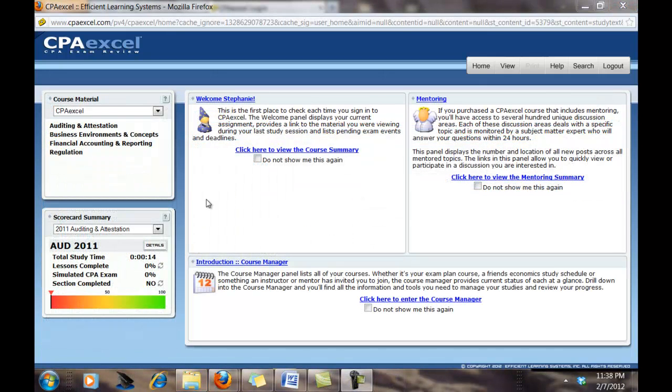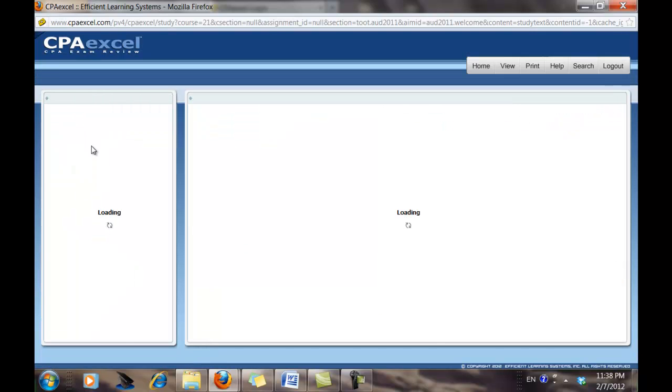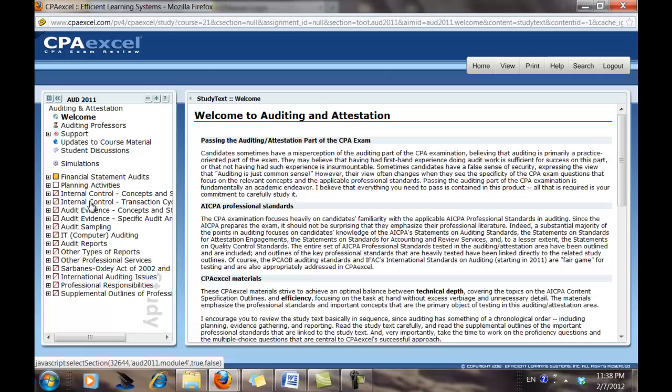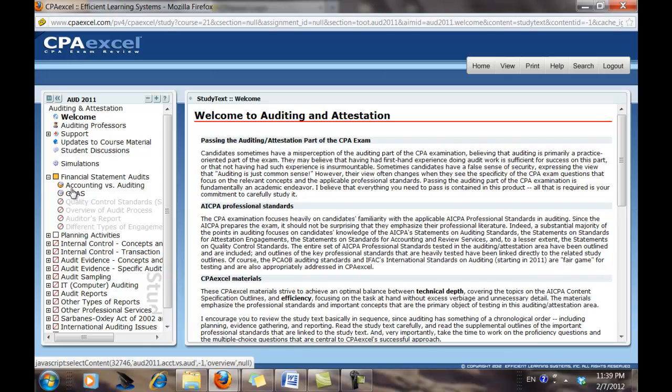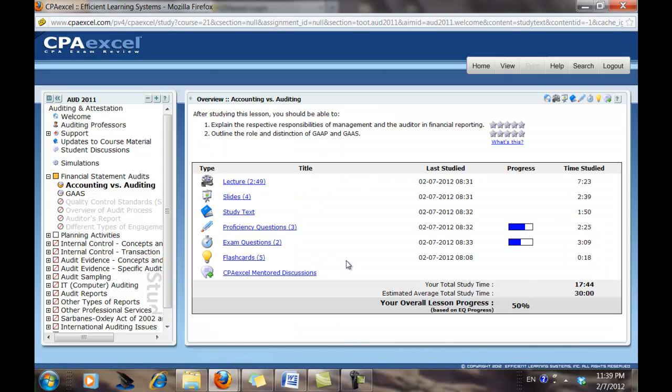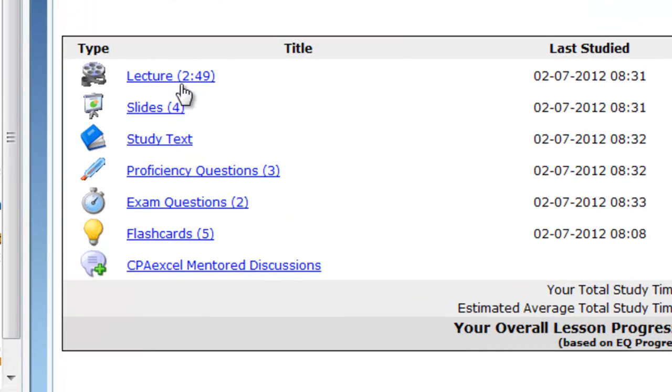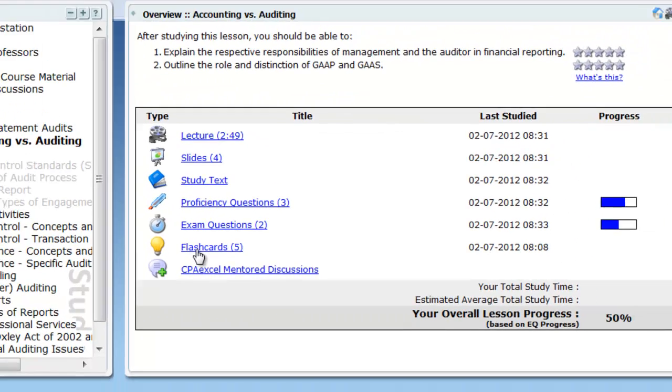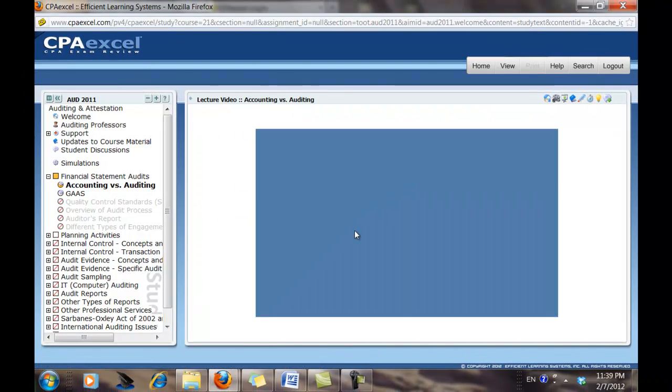I'd also like to take the opportunity to show you the lectures and exercises. CPAexcel is very proud of their bite-sized modules. As you'll see, for the audit part, for example, it is divided into numerous modules. Each takes about 2 minutes to 20 to 30 minutes long. Let's take a look at the first module as an example. For each of the modules, you will be able to find the lecture, slides, study text, proficiency questions, exam questions, and flashcards. For lectures,